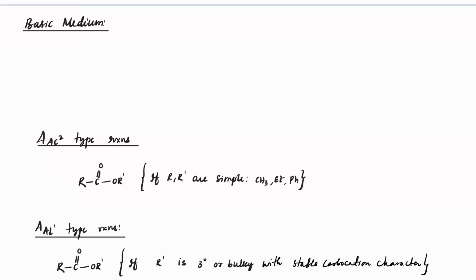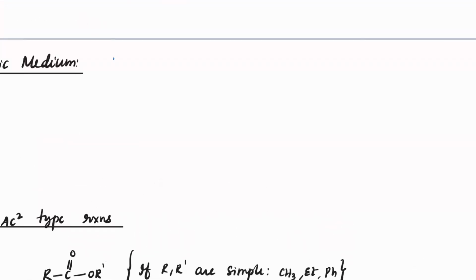In case of base catalyzed mechanism, let's see the basic case here now. Suppose I have C double bond O R dash, and I'm directly treating that with OH minus. OH minus directly attacks here, and we get an addition form. So that will convert into RCO minus, and we have OR dash and OH. This is what you will have,